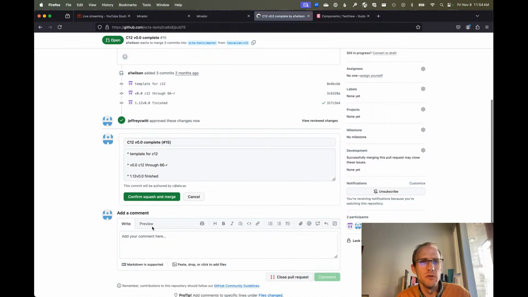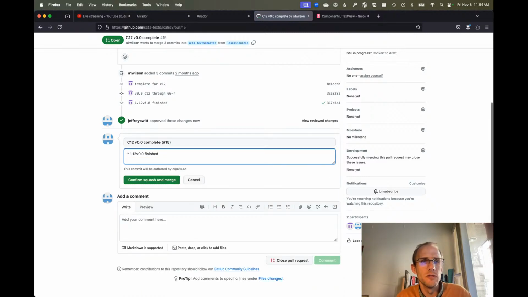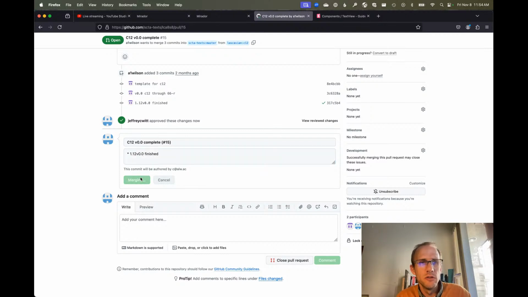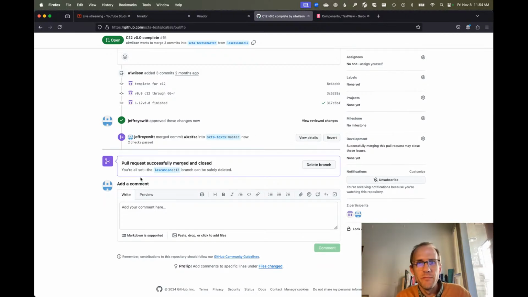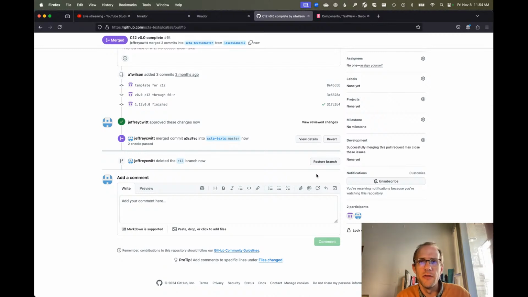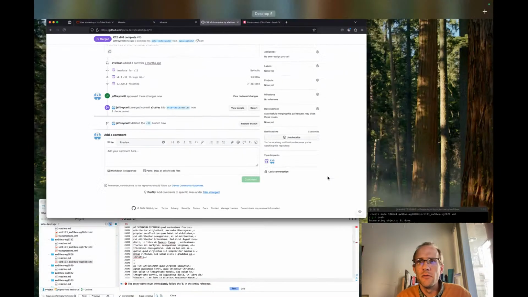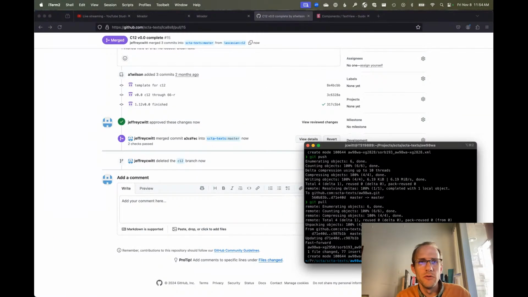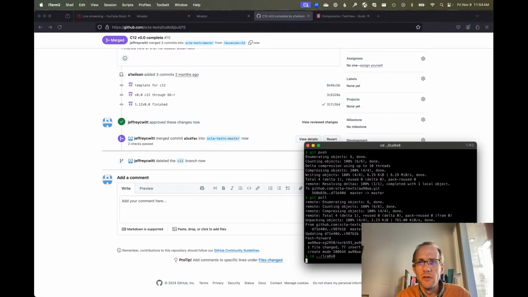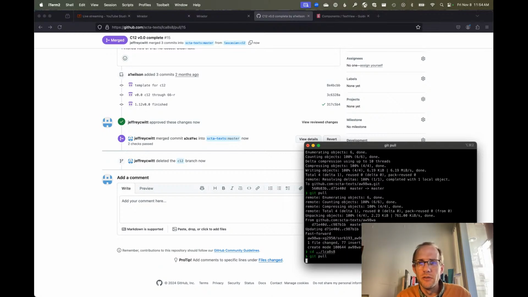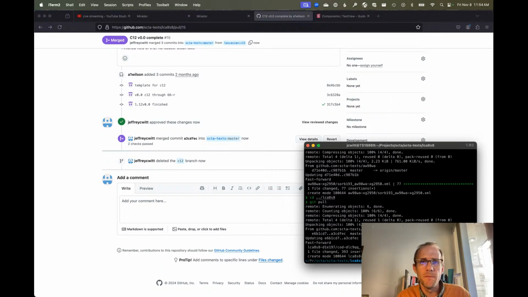Okay, I'm going to squash and merge. We can just reduce this a little bit, squash and merge. All right, and I'm going to go ahead and delete that branch so it's cleared from his side of things. And now I'm going to bring it home locally so we can do some further work on it. So I'm going to navigate to this repository. I'm going to pull down that newest merge request. Okay, and I'm going to open that